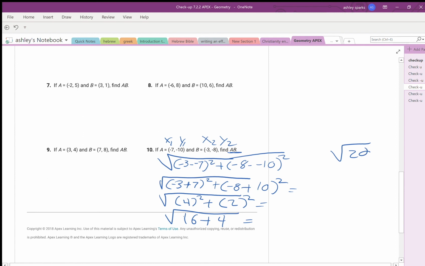And I'll tell you, 20 is not a perfect square. So this is where I'm going to have to come to my calculator, because I don't know the square root of 20 off the top of my head. It's going to be between 4 and 5. So I know it's a decimal, but I don't know what it is. So you need to go to your calculator. My calculator has a square root button. Mine's actually, even before I turn it sideways, I have a top that has the word log. You'll see there's a pi button, some parentheses, so perhaps you don't even have to turn it sideways. Turning sideways does give you another extended, but I see my root. I'm going to press it, and I'm going to put in 20, and I get an answer of